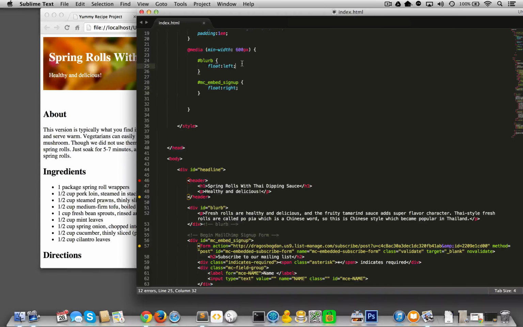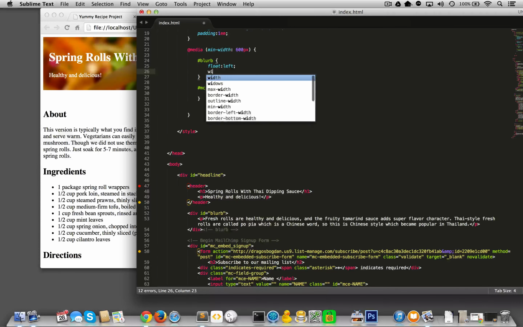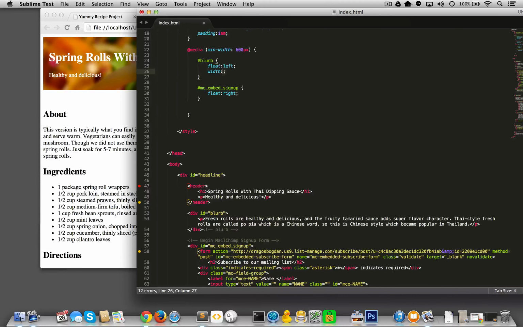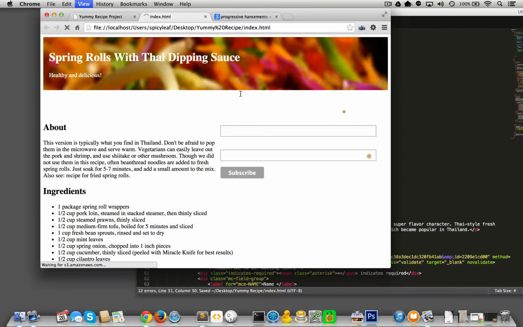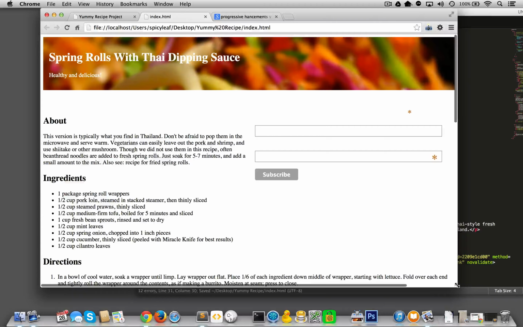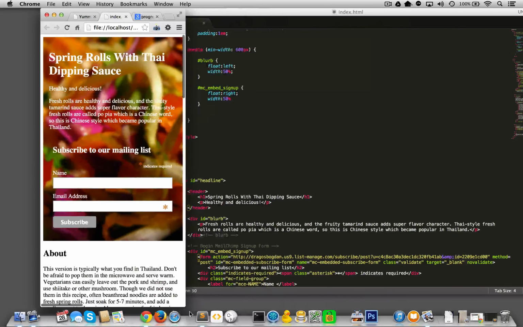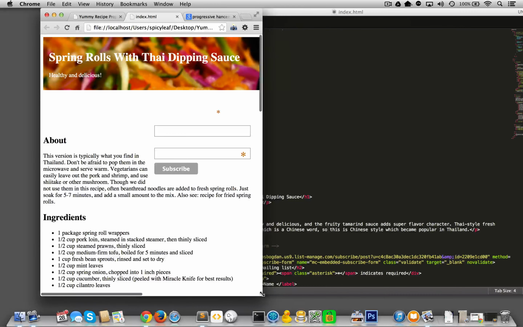Let's give them a width. Width of, we'll give them each 50%. Let's see if this helps the cause a bit. It does not. Well, there is something we need to do over here. We need to, if you will,